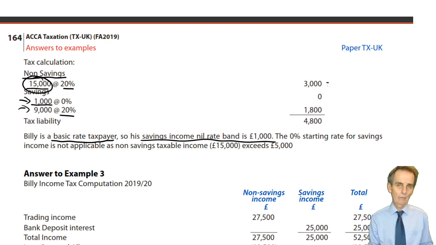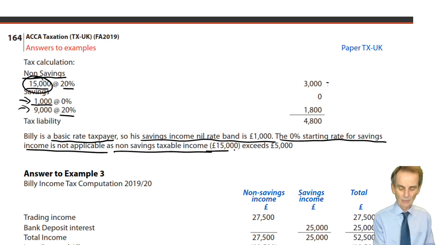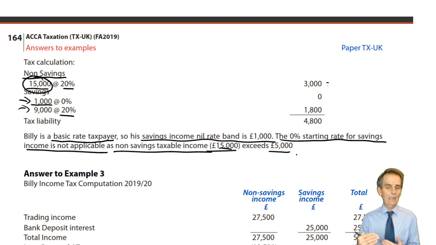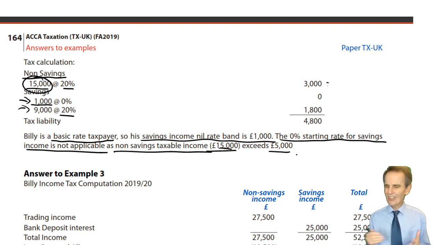Then, because of the level of non-savings taxable income, the 0% starting rate for savings income is not applicable. Why? Because non-savings taxable income, 15,000, exceeds £5,000. Now again, we can see that life is starting to get a little bit more difficult in the tax calculation. But life will be a whole lot easier for you in getting your numbers if you use